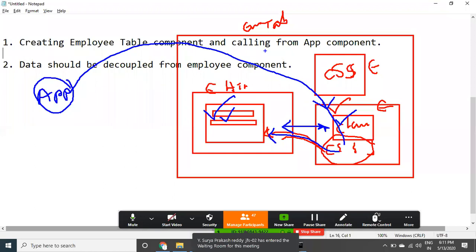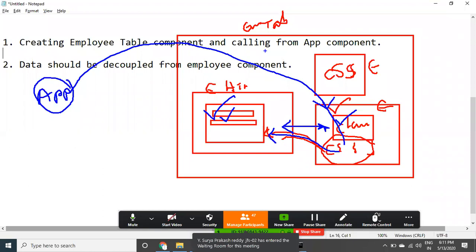Those employees I would like to display using this table. I will take the HR department employees and give that employees data to this component. The employee table component is going to take the HR employees and display one table.